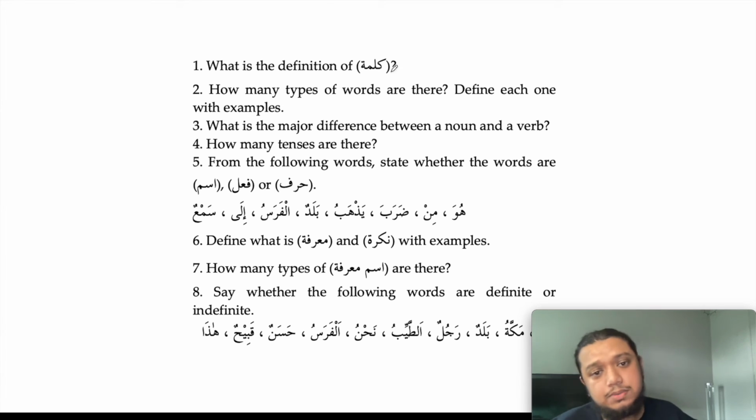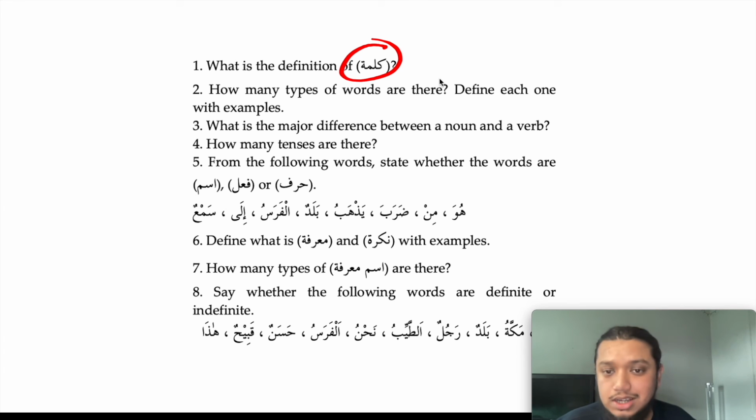So the first question, what is the definition of kalima? As we said, kalima refers to a word. So a word is kalima, kalima is word. How many types of words are there? We said there are 3 types of words in Arabic. Ism, fi'l,